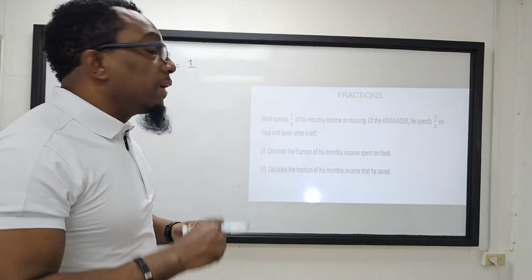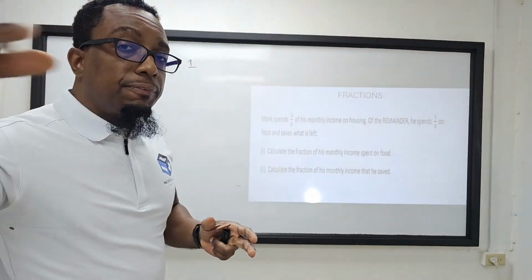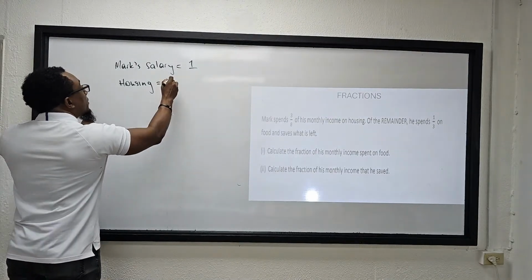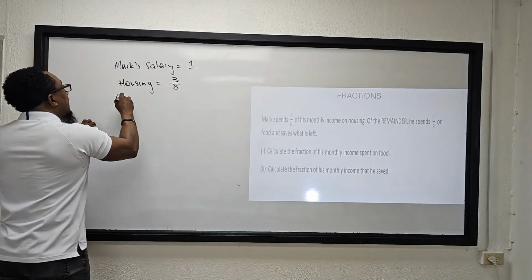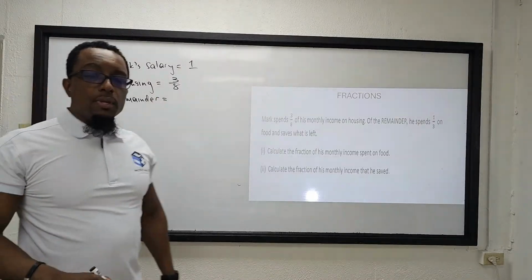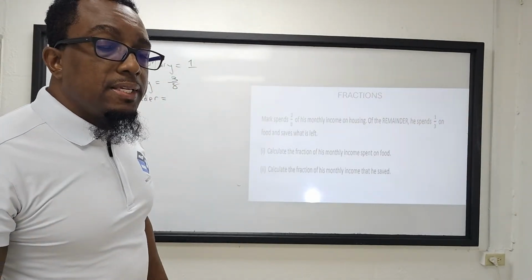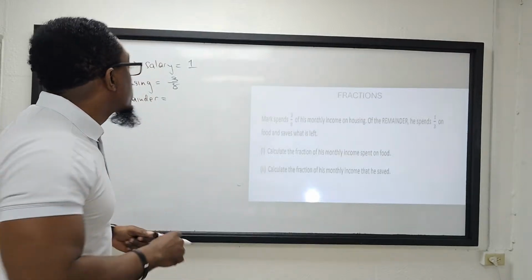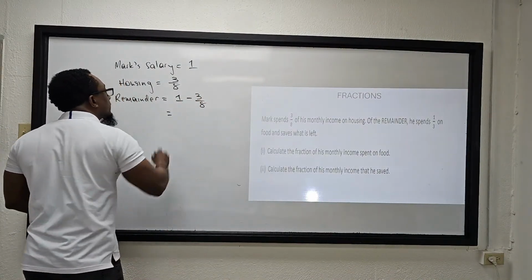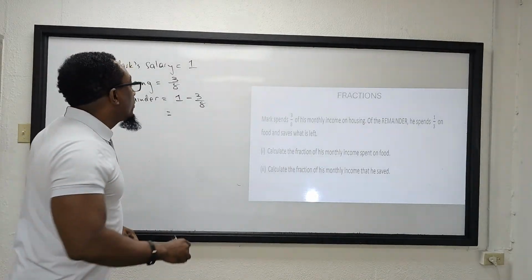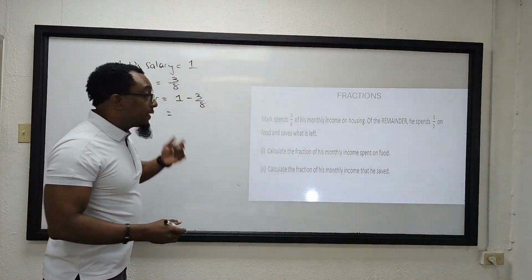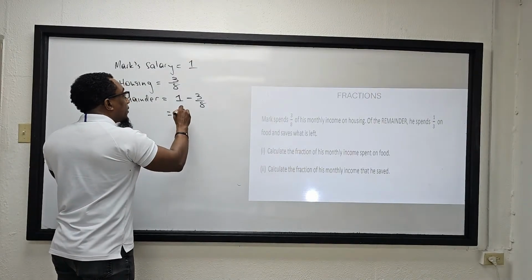So what is the remainder? So we take 3/8 from the whole, that will give us the remainder. So housing is 3/8. So the remainder, of course, will be to subtract 3/8, because we're taking housing from the whole. It's going to be 1 subtract 3/8. 1 subtract 3/8 is the same as, if you want to write 1 as 8/8, no problem. Or if you want to write it as 1 all over 1,